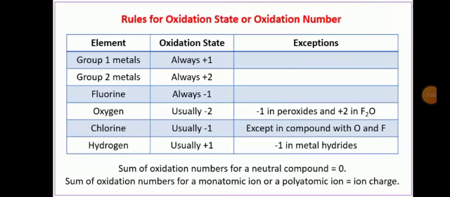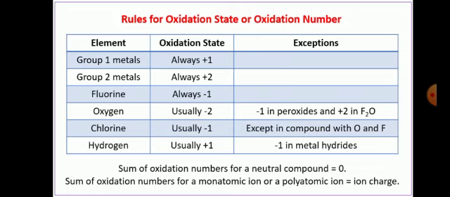So there are some rules to be followed while you're doing oxidation in redox reaction. Rules for oxidation state or oxidation number. Fine. So let's see what the rules are. Group 1 elements, or group 1 metals. You have 18 groups in total, and for the first group metals, the oxidation state, I mean the charge, should always be +1. And in group 2 elements, the oxidation state should be +2.